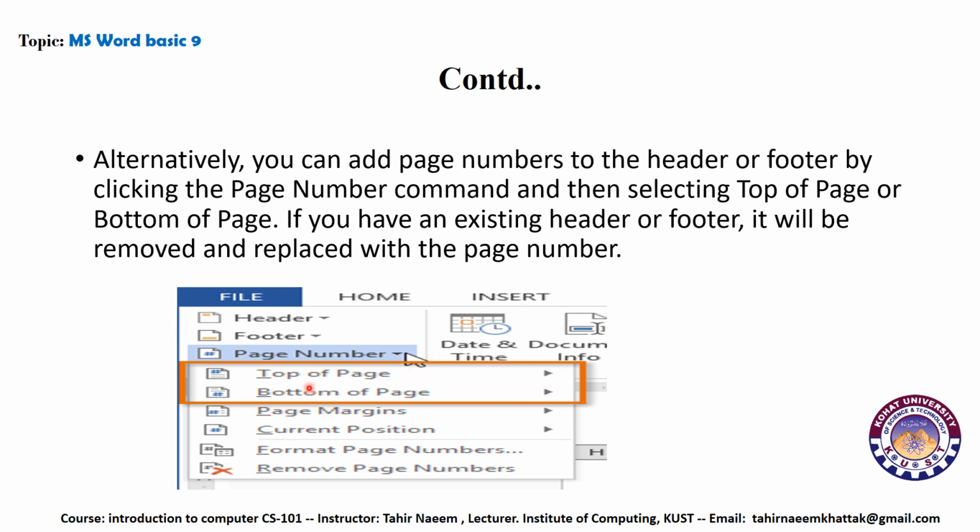As you can see, we don't have to go to the header or footer, as top of the page is the header, while the bottom of the page is the footer. We can also insert it in page margins or the current position, as we have demonstrated earlier, or we can format page numbers, which we will discuss later on, or remove page numbers.